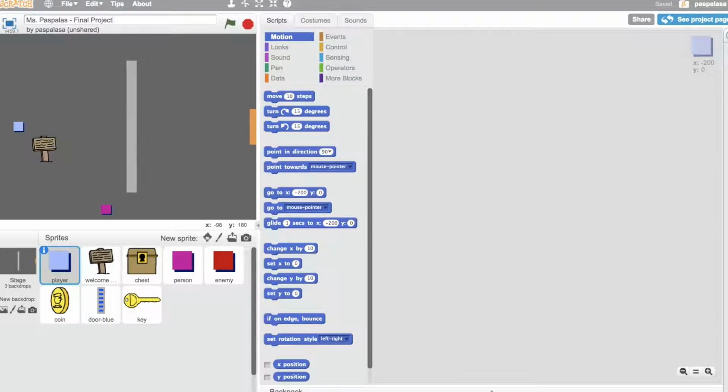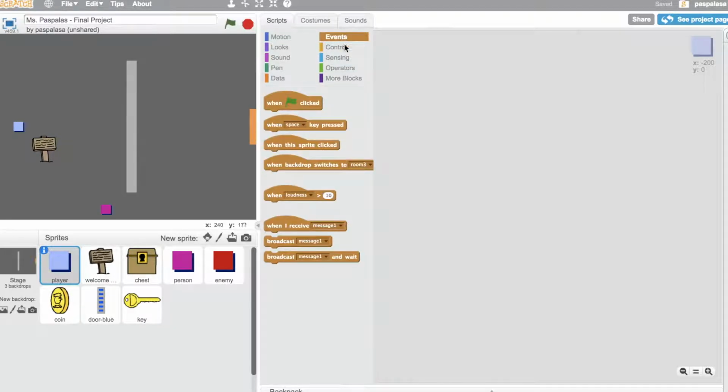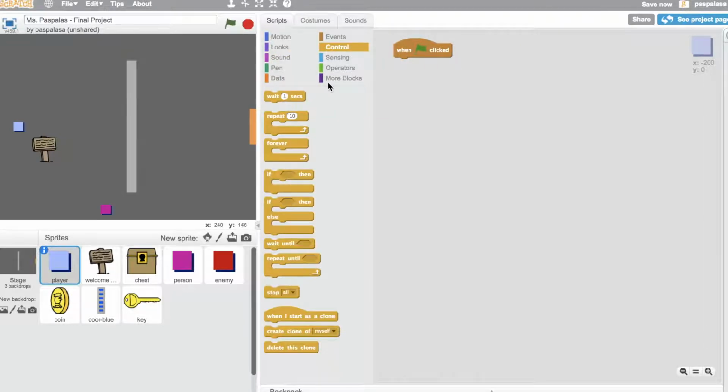So the first thing we need to do is code our player. So we need to add code to our player, which is this blue square here, so that they can move up, down, left, and right. Now we've done this plenty of times in other projects and other programs, but I'll just walk you through the steps. So we always start with an event when the green flag is clicked. I'm going to pull over my forever loop,